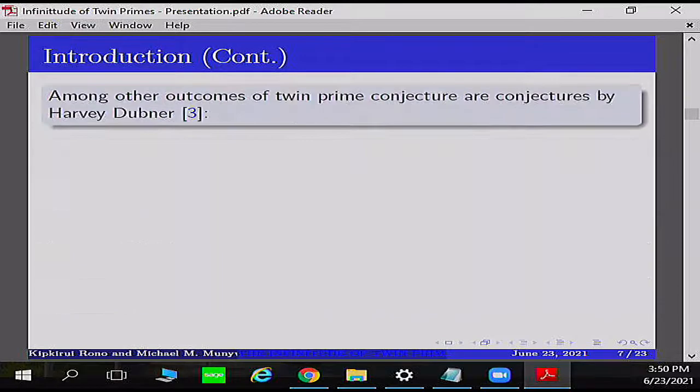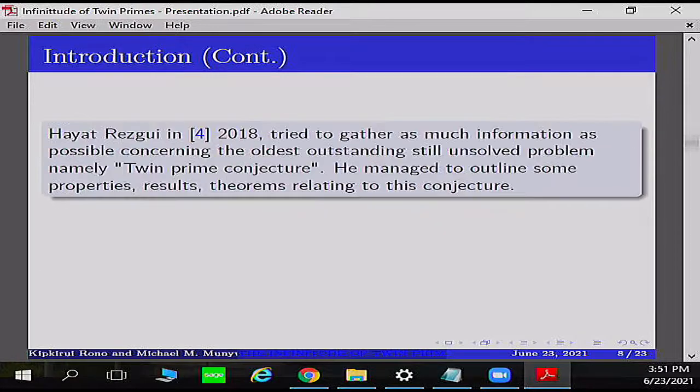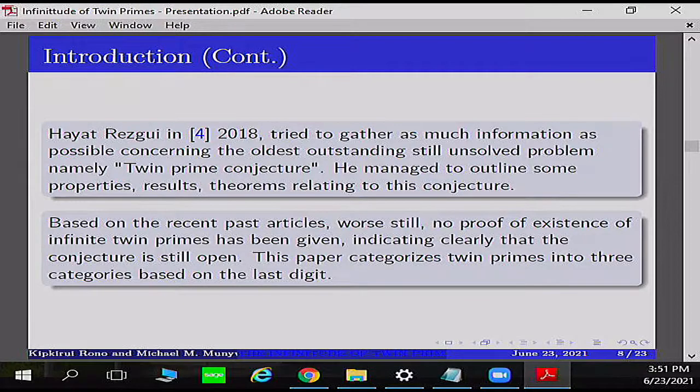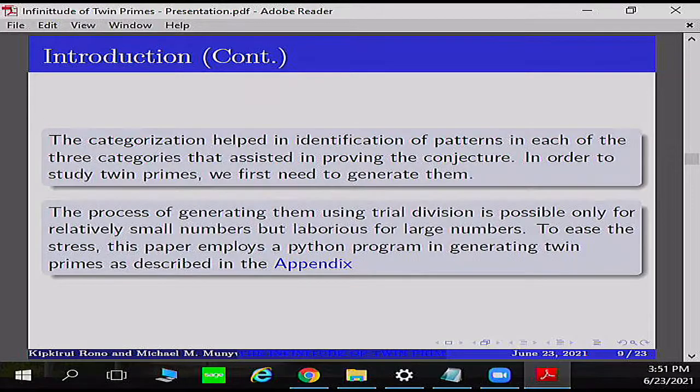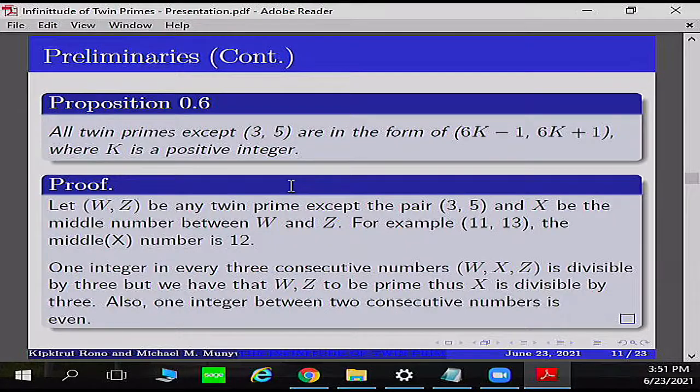In the first preliminary: all twin primes except 3 and 5 are of the form 6k minus 1, 6k plus 1, where k is a positive integer. To prove this proposition, let